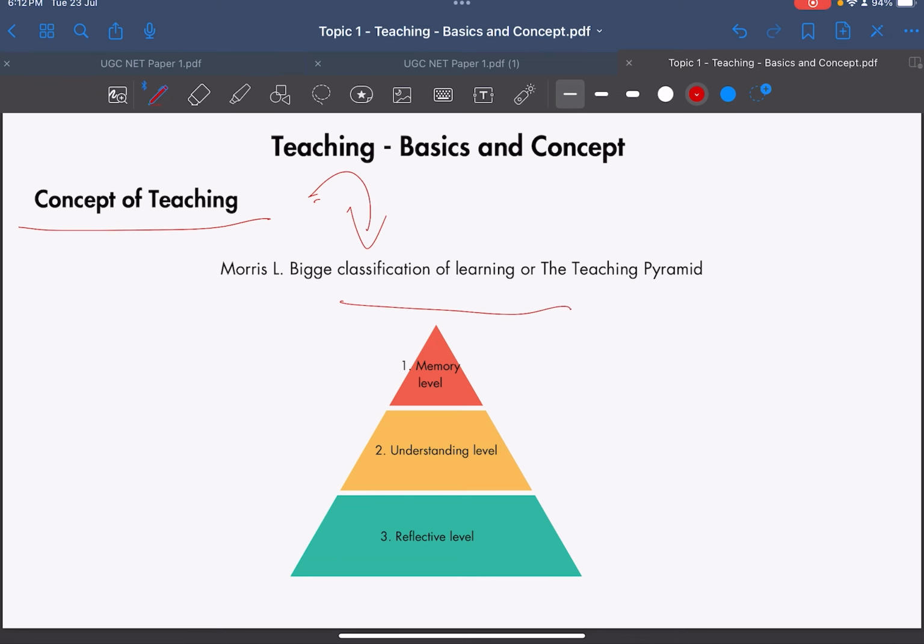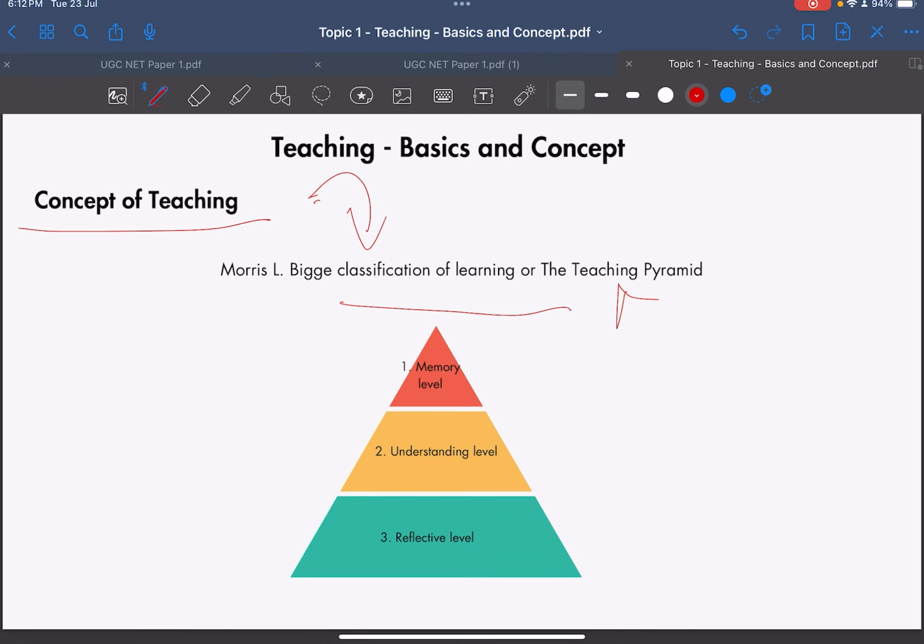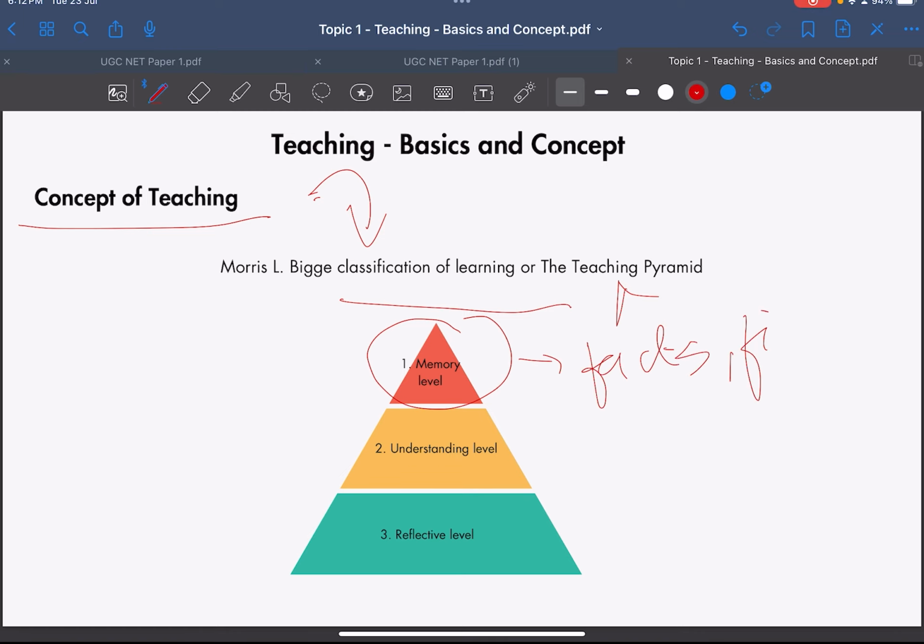Bigge's classification of teaching or the teaching pyramid. So he has divided this into three subtopics. First is the memory level of teaching. So under memory level of teaching, we have things like facts, figures, and just to give you a small analogy,